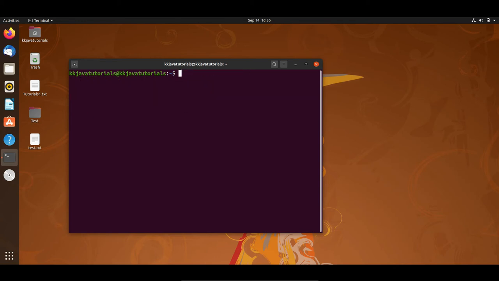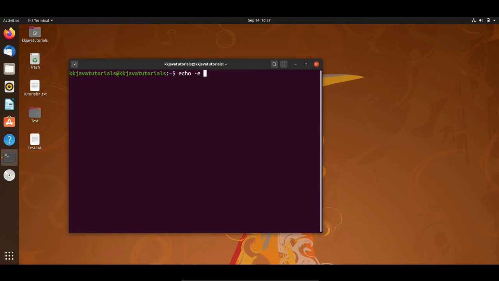Now I'm going to show you some of the options available while using echo, right? Already you have seen one usage, I have printed KK Java tutorials, right? I have passed it as an argument to the echo command, and just that string got printed. But there are some options you may use also. So here I'm going to write echo, right? And after that I'm giving the option -e. So here -e enables the interpretation of backslash escapes, right? These things you have to keep in mind.